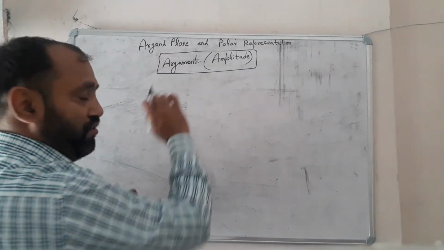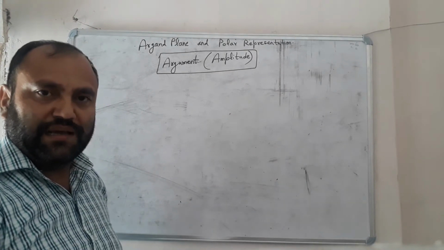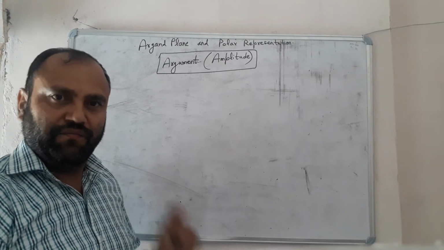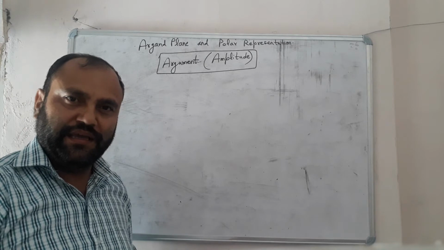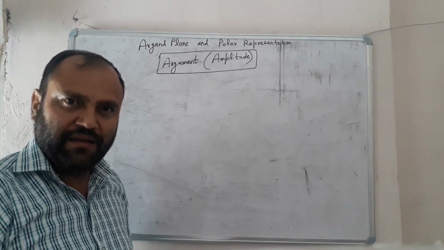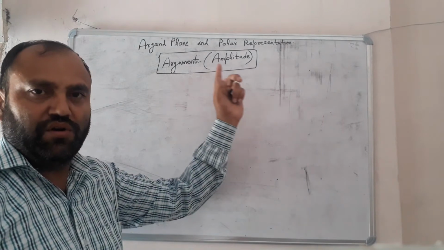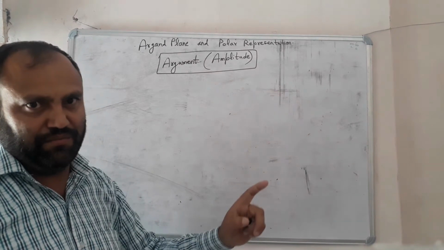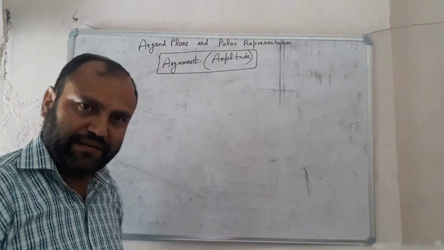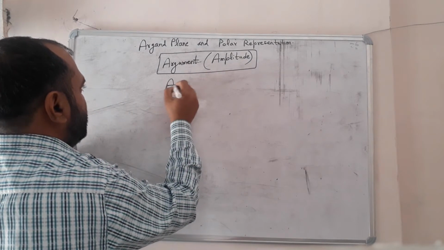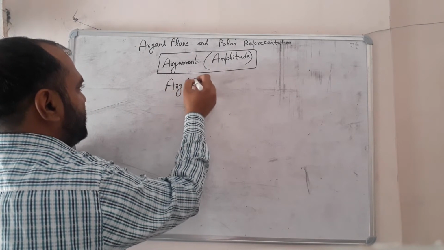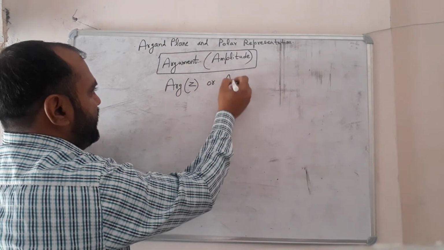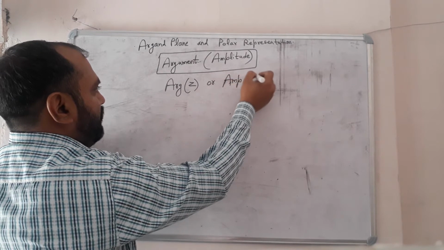Means ये जो argument है, ये उस complex number की direction बताता है. जो modulus है वो complex number की magnitude बताता है, and this argument or amplitude, it gives the direction of that complex number in xy plane. Right? So, argument of a complex number is represented as arg z or amp z, amplitude of z.